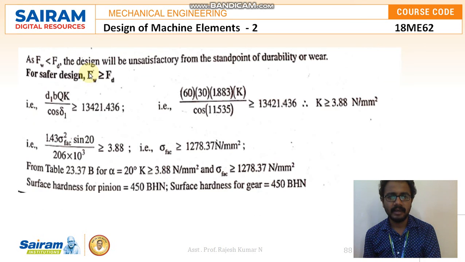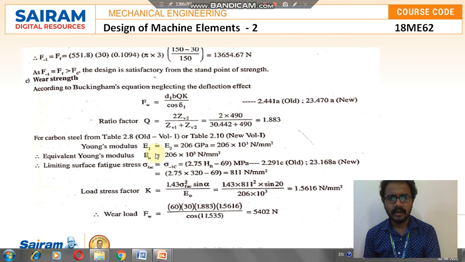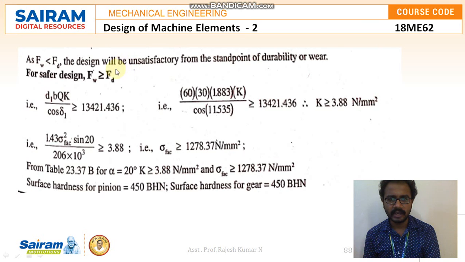And the last step is the wear strength, from 23.470A, where we need to find the ratio factor, along with the limiting surface fatigue stress, the load stress factor, and then the wear load, and we need to check whether it is coming